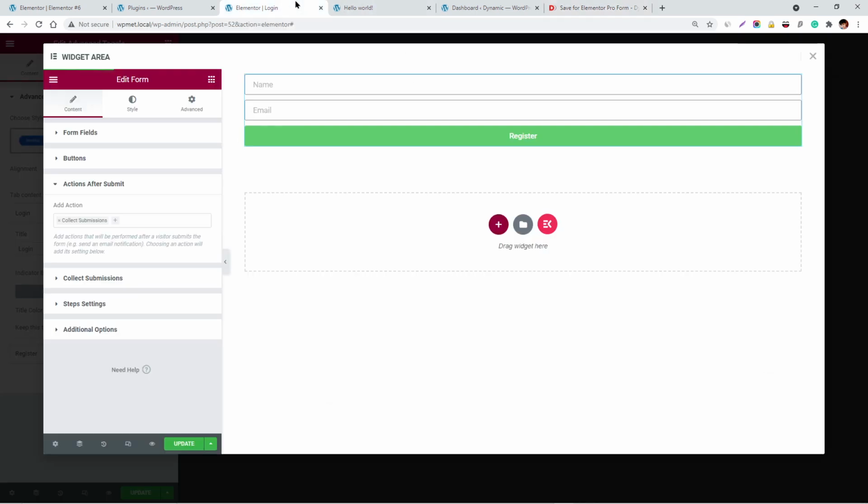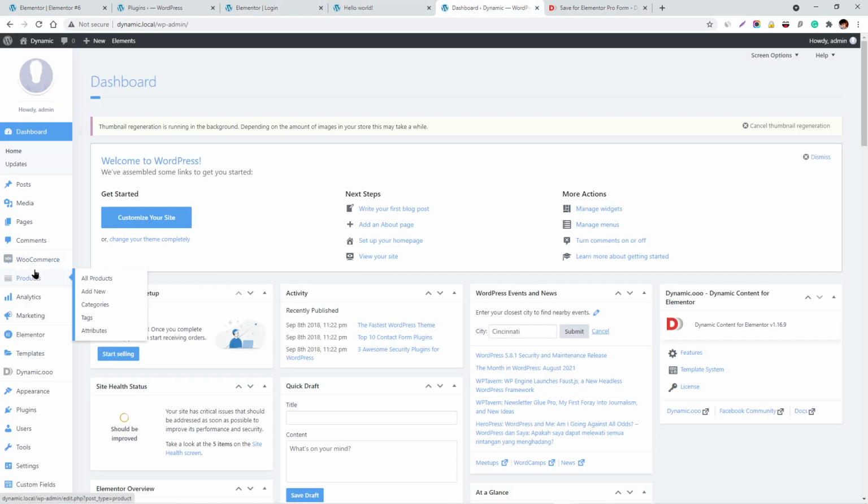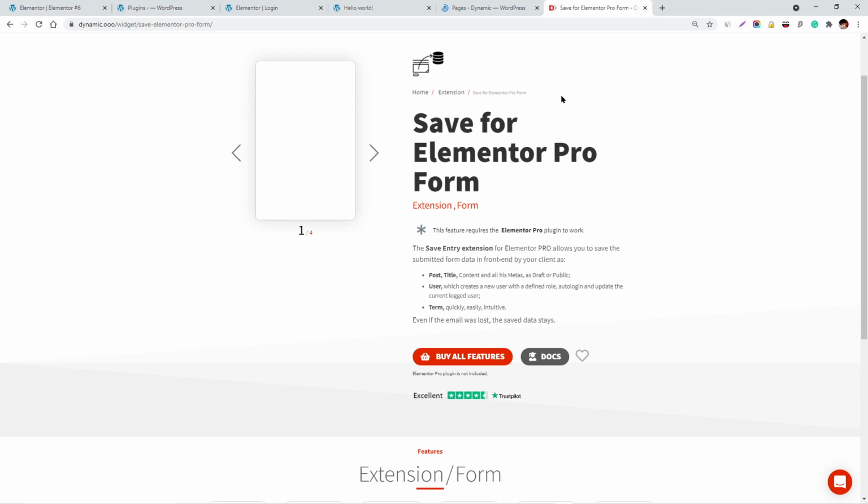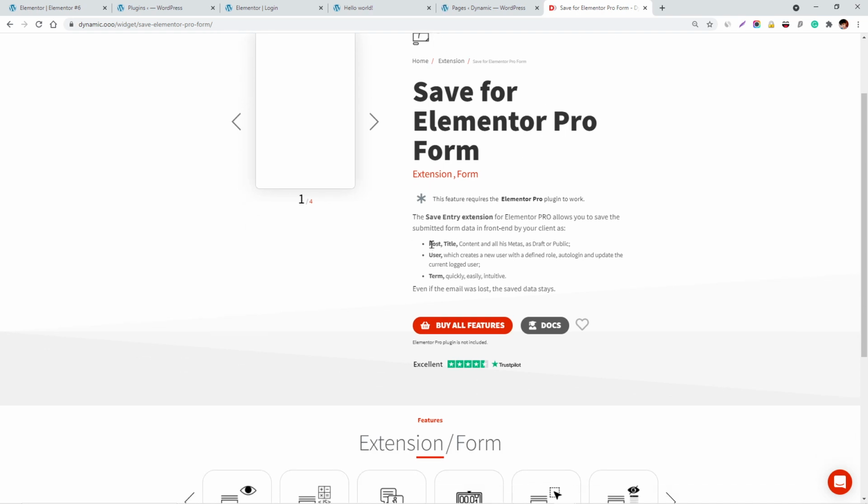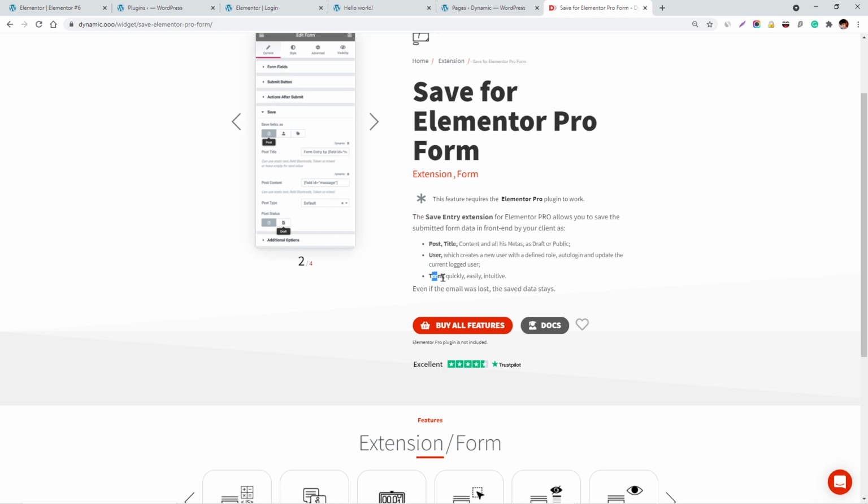Currently we don't have this option called save, right? But if you are using that plugin I'm using on this website, I can show you right here by creating any page. Let me show you that it can save post meta, user meta and terms.